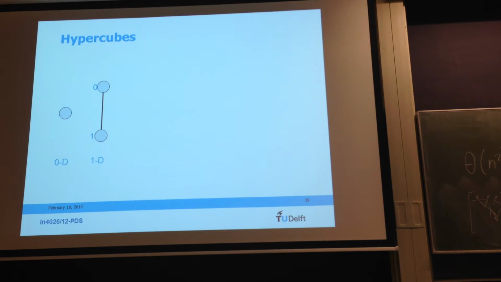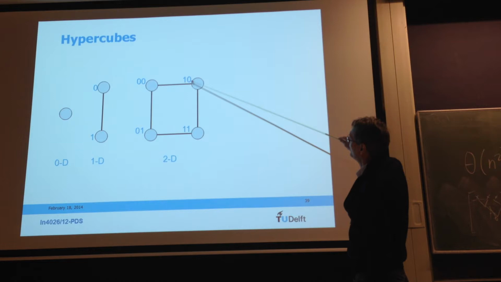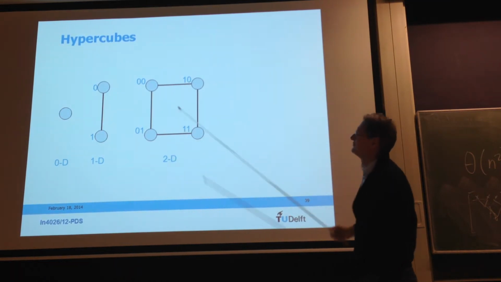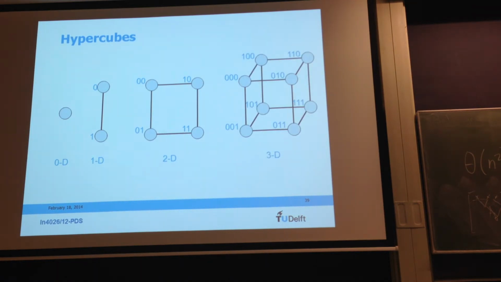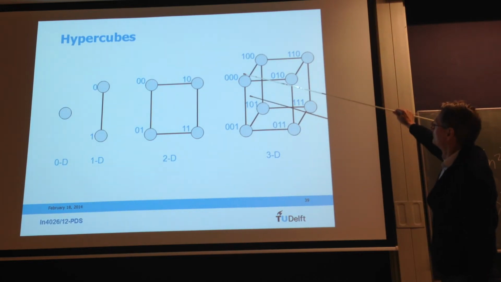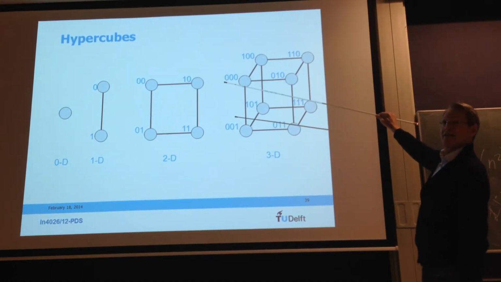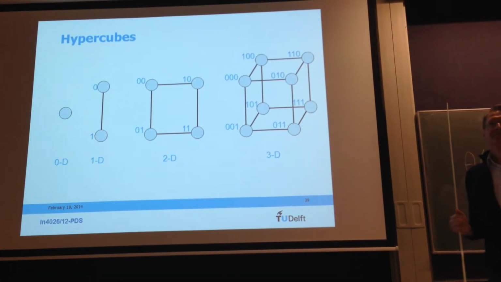You duplicate this one again. Then you get this, and you append a 0 to the old one, and a 1 to the new half, right? Then you have 2D. Then you do it again. You duplicate it. Append the 0 to what you had, and a 1 to the new one. So in front is the old one, and in the back is the new one. Right, with the ones here. So now you have 3D,